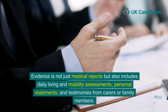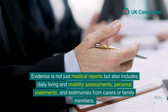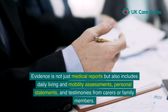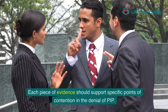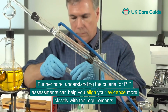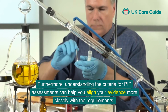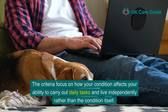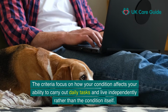Evidence is not just medical reports, but also includes daily living and mobility assessments, personal statements, and testimonies from carers or family members. Each piece of evidence should support specific points of contention in the denial of PIP. Furthermore, understanding the criteria for PIP assessments can help you align your evidence more closely with the requirements. The criteria focus on how your condition affects your ability to carry out daily tasks and live independently rather than